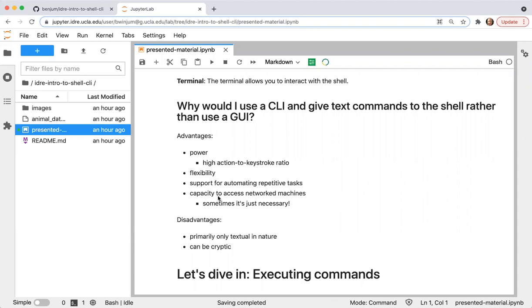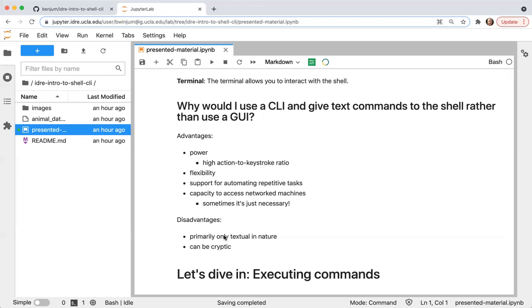And of course, there are some disadvantages which kind of go in tandem with the advantages that I was talking about with the graphical user interface. So the command line interface is primarily textual in nature. So you just type in text to execute the commands. And it can be cryptic. It's almost like you're incanting spells to the computer, and through some kind of magic that happens in the computer, these commands you've typed in then get turned into things that happen in the hardware.